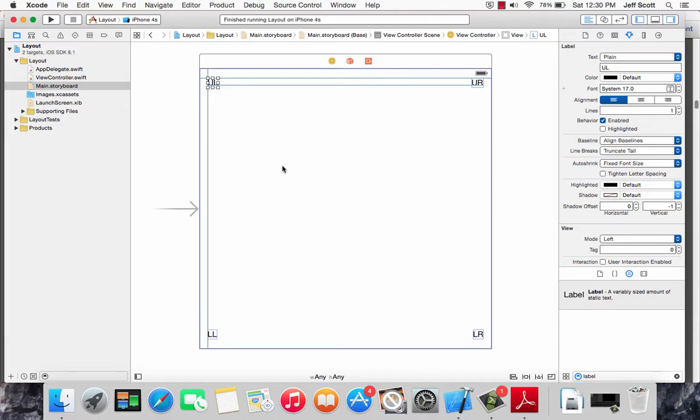You'll notice that you see some solid blue lines attached to the label. These blue lines are different from the dashed blue lines that we saw when we were dragging things around. All right. Each of these solid blue lines represents a constraint. So what we're told now is if we open up the size inspector,